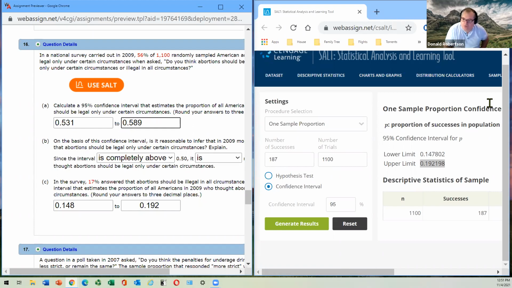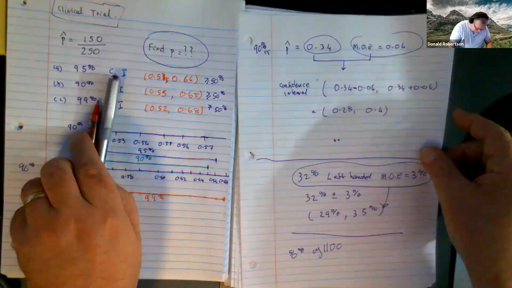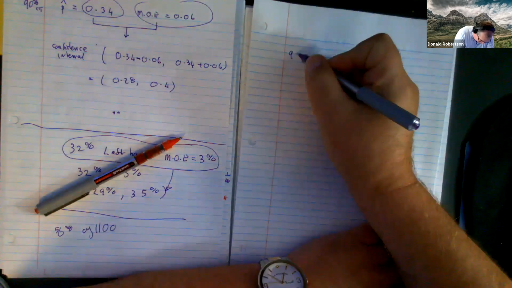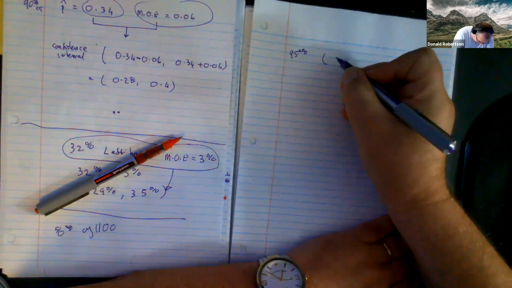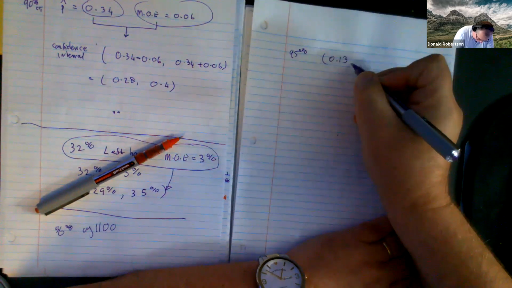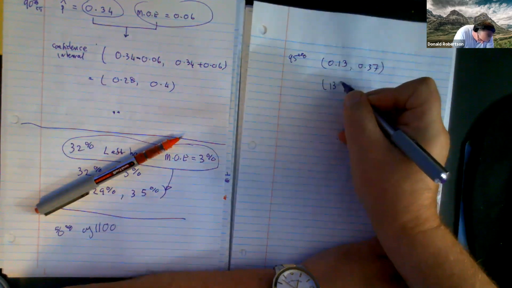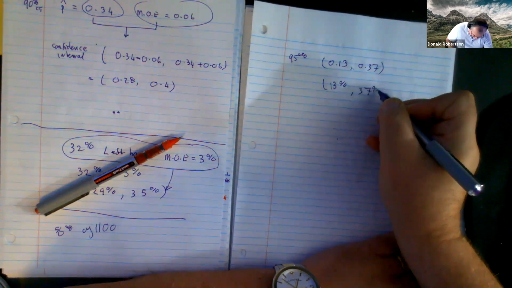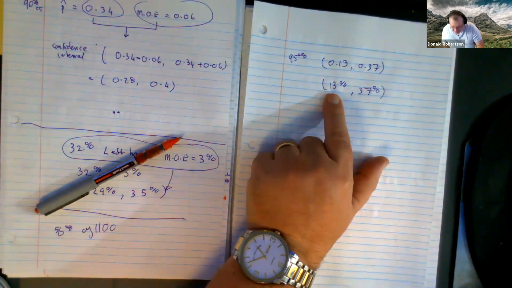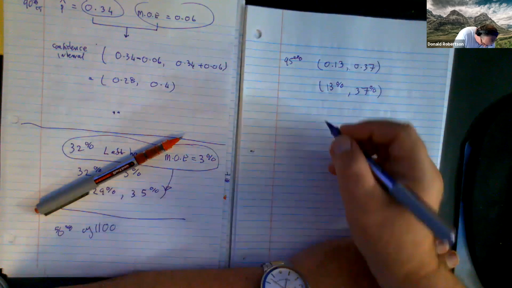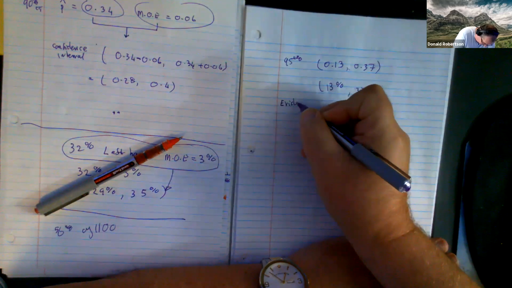Let me nip over to the white screen. I think it might help if I point, because it may be a visual thing. Let's suppose we got a confidence interval, let's say a 95% confidence interval, on the percentage of people who like pickles. Now, if you turn it into percentages, which works better in my brain, the percentage of Scottish people who like pickles is 13 to 37%. I could express that information in two correct ways. I could say that there's evidence that